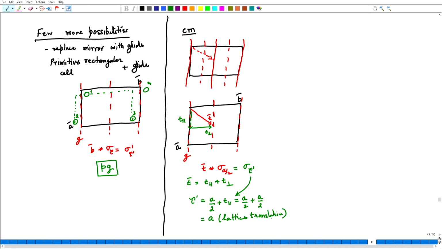And we have seen this in an earlier lecture that if we assume that that is a glide plane and the glide translation becomes a lattice translation, then it is no longer a glide plane, but it is actually simply a mirror plane, and therefore, in between the two glides I will get mirrors.